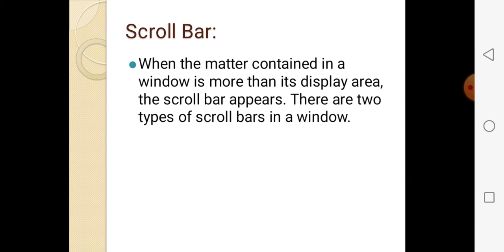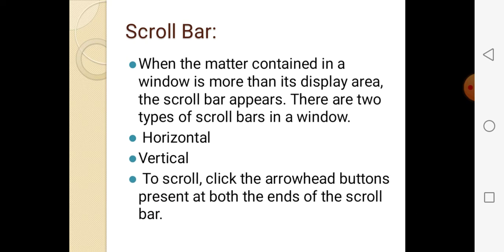When your content is more than your display, right, so to manage it, scroll bars are placed in the window. So in this window there are two types of scroll bar. First one is horizontal and second one is vertical. To scroll, click the arrowhead button present at both ends of the scroll bar.